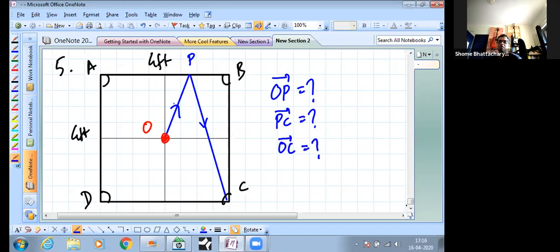The more tricky part is this and this. So basically, if you play carom enough, you'll realize that you need to aim at a particular point here so that you get this in the correct direction. If you aim too much to this side, you will end up having a shot like this. If you aim it somewhere here, you'll be unsuccessful because this will hit here and get rebounded like this. It will never come here. Or if you aim too much towards the right or towards the left, it will come somewhere over here. If you want it to get pocketed here, there's a particular point at which you have to aim, and that point will dictate how much this displacement OP is and how much this displacement PC is.